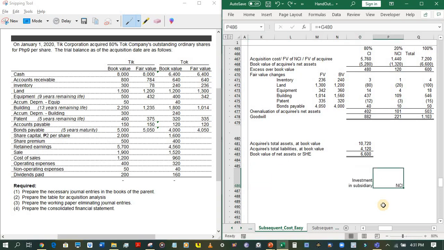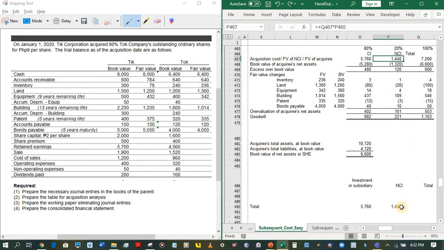So the investment in subsidiary account has a total amount of 5,760, and that is the acquisition cost. And the non-controlling interest that we need to present in the consolidated financial statement is 1,440, which is the fair value of the NCI. Since we are using the full goodwill approach, the goodwill that we need to present in the consolidated financial statement is 1,103. This means that the share of the NCI in the goodwill in the amount of 221 pesos must be presented as well. So in order for us to present the goodwill share of the NCI, we need to present the non-controlling interest at